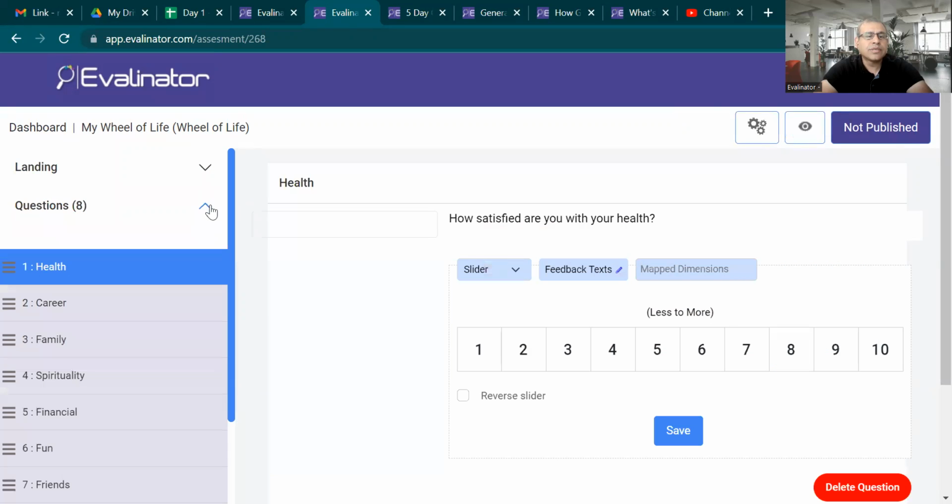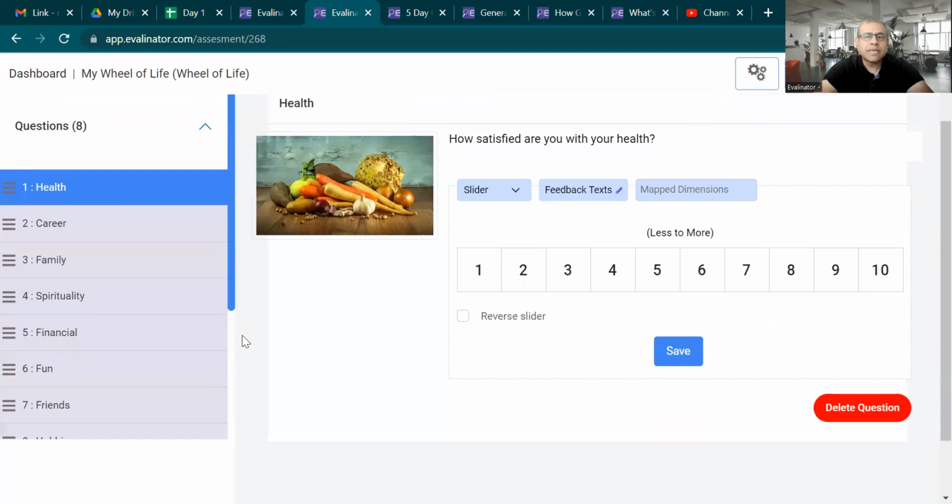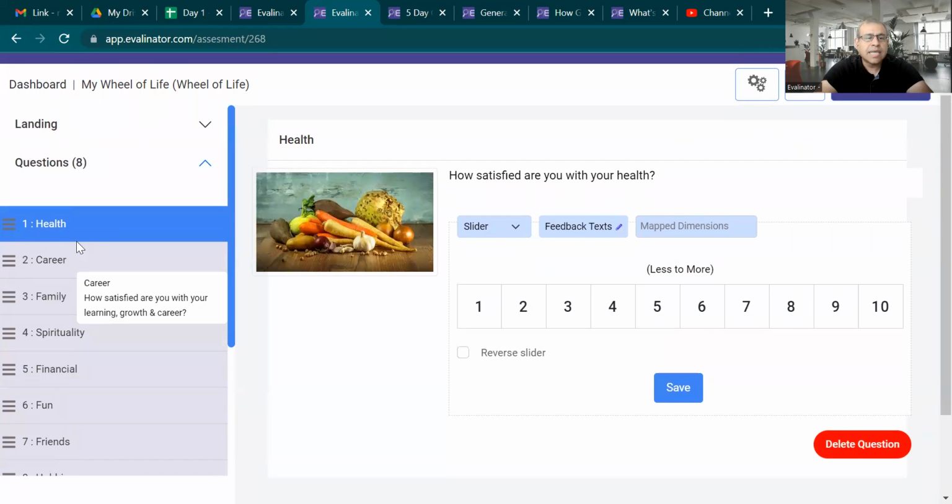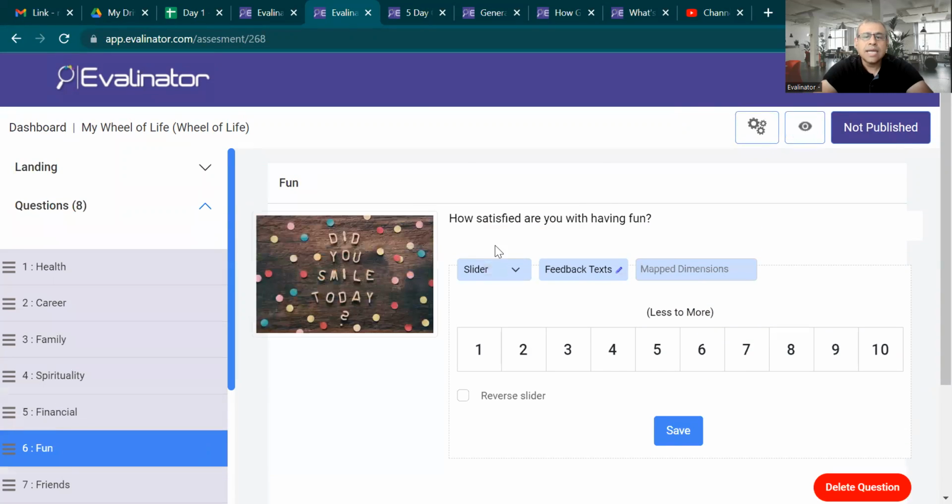So I'll show you what the questions look like. The Wheel of Life is pretty simple. It's got a bunch of questions: health, career, family, spirituality, financial, fun, etc. You see these questions, and you answer them on a scale of 1 to 10. There are pictures already pre-populated. If you don't like these pictures, you can upload your own pictures, and then you can just publish it and see